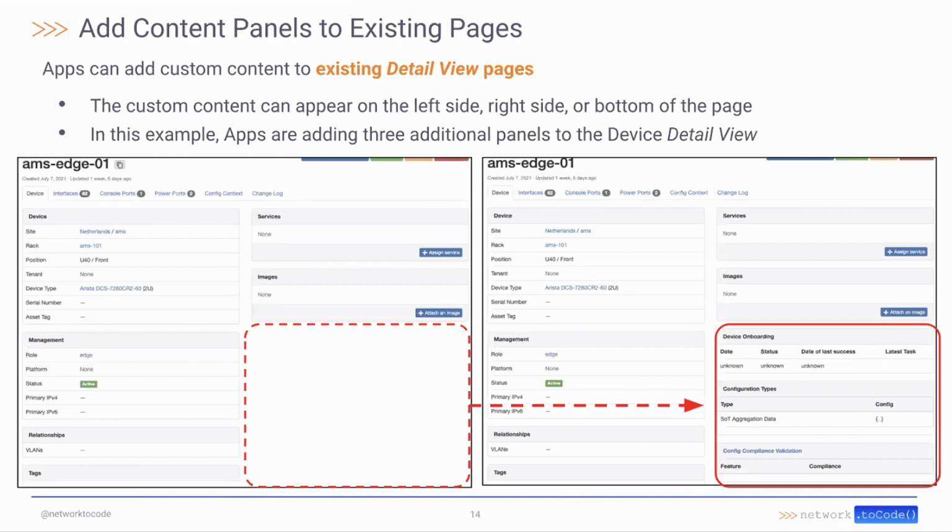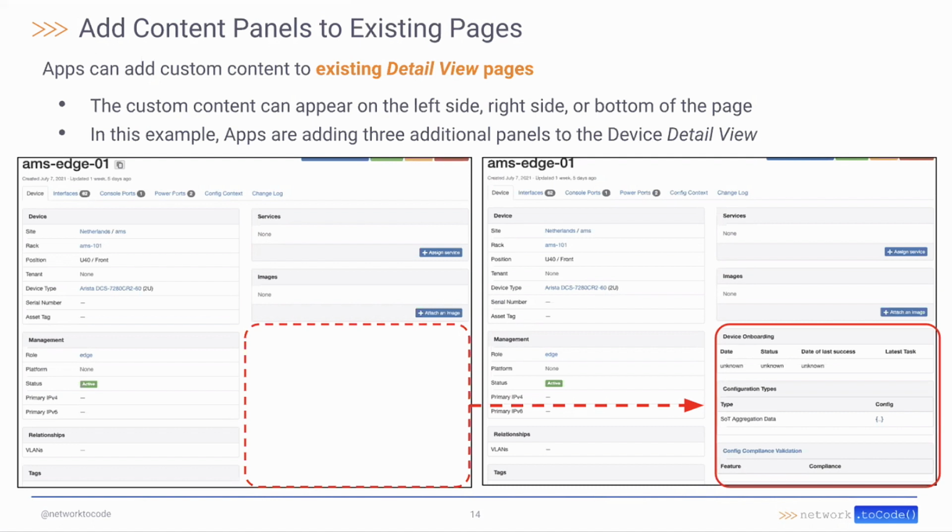Just like data models can interact with other data models within the application, it makes sense that we have data that may exist in a Nautobot app that needs to interact with devices that exist within Nautobot or any other data models. So you can inject from an app UI content against any of the other models. On the left-hand side here, when you install Nautobot stock, this is what the device page may look like. And on the right, you've got actually two different plugins that are providing content on this page.